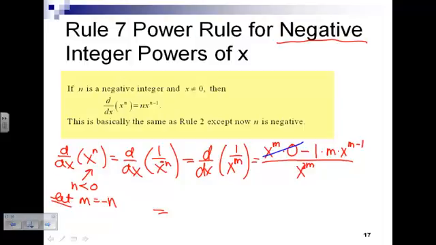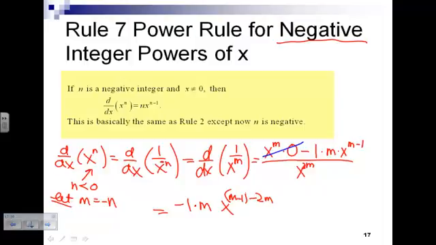It gives me negative 1 times, now there's an m here, and I've got an x to the m minus 1 and a 2m up there. Let's put it all in the upper part. That is equal to x to the m minus 1